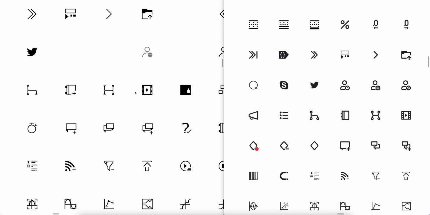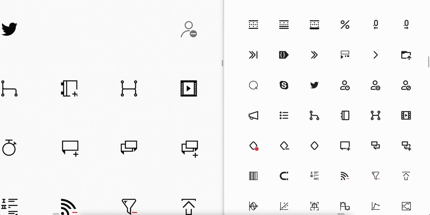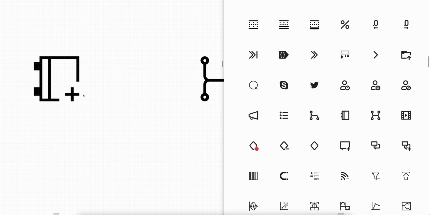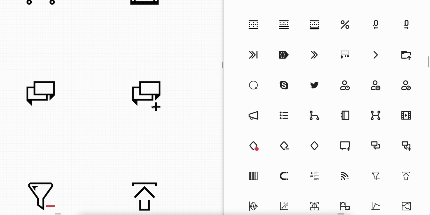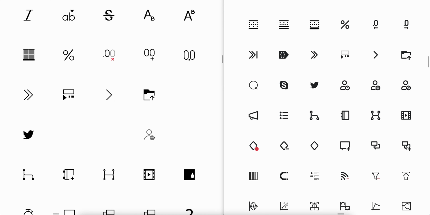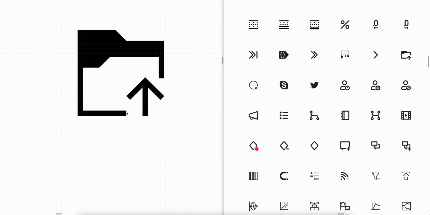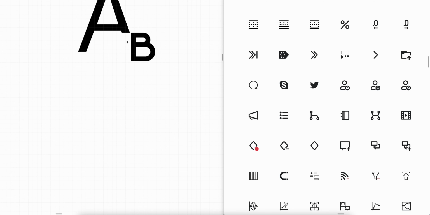So, for example, you can see it here. Here is a big opening for this plus sign, and the plus sign is sort of going along with the line of the icon. On this other one, the placement is almost the same, but the icon is pushed up so that it can actually make room for the extra icon. In other ones, for example, like this one, the icon sort of cuts in right at the line, and in other times, it's not the same. For example, in this A and B,